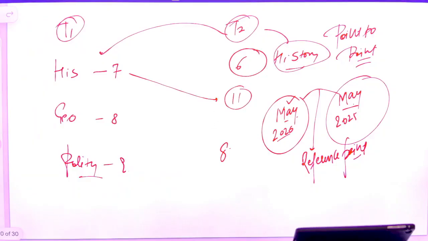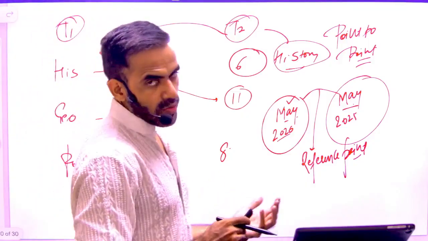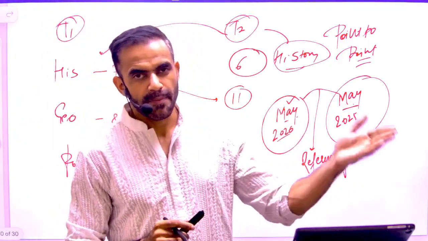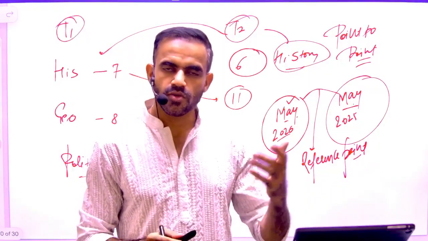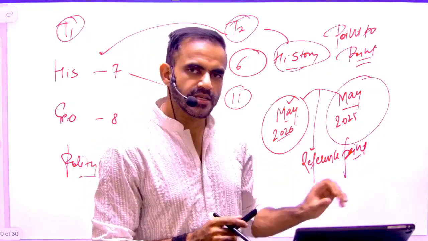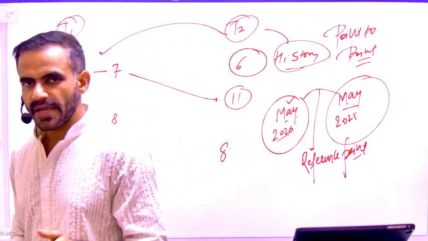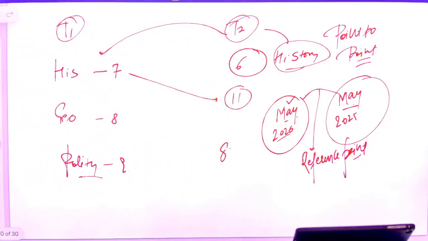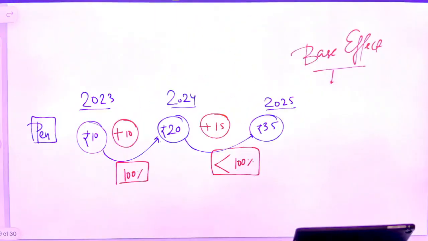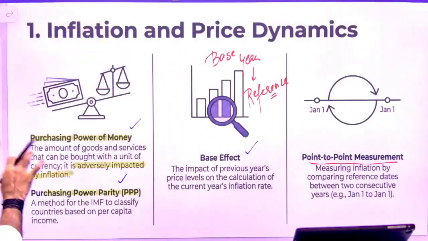They usually say whenever you are trying to compare, don't compare apples and oranges. When you have to compare, compare apple with apple, orange with orange. So this is the literal meaning of that simple statement, that we have to compare the same reference point whenever we are trying to measure inflation. Okay, so that was a similar concept. Now coming back to this, we have covered this.